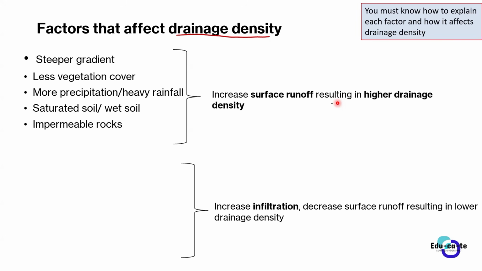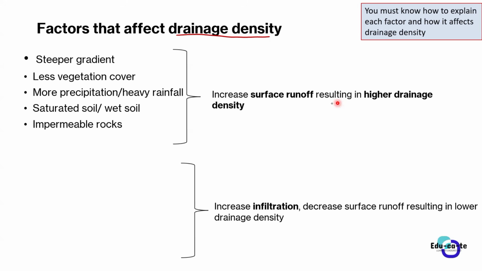Yes, sir. So I have a question. Yes. Why only one reason for the segment? Yes, the reason is still the same. If you want to explain the factors that are resulting in a higher drainage density, make sure that you link it to more surface runoff. That is why we collected all these points and gave them one reason, because all of these points are factors that increase surface runoff, as we discussed earlier.